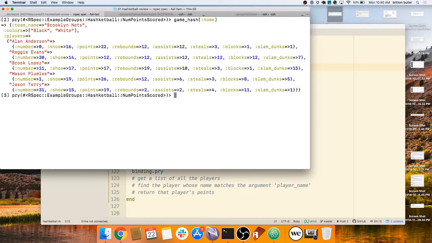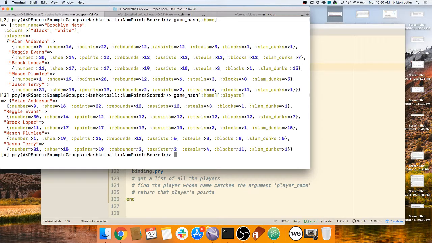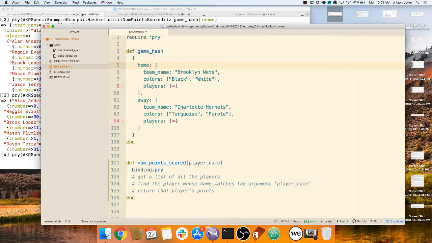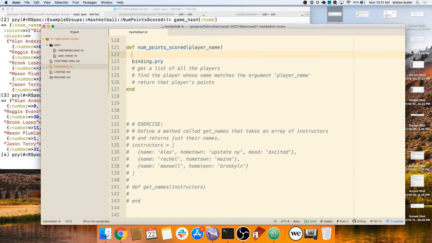All right, great. They're basically all in the same place, right? Once I've got the home key, I can just continue drilling down. I can say, okay, now the thing I want is the players. And now I just get that subhash, right? I've now got the home players. So I think it would be perfectly reasonable for me in my num.point_scored method here to say home players is game hash home